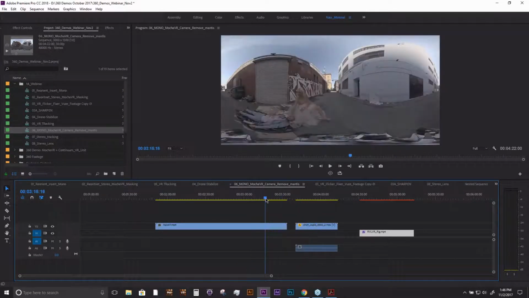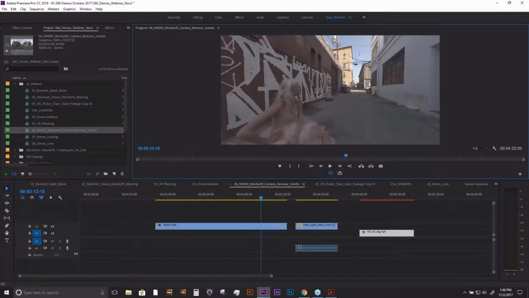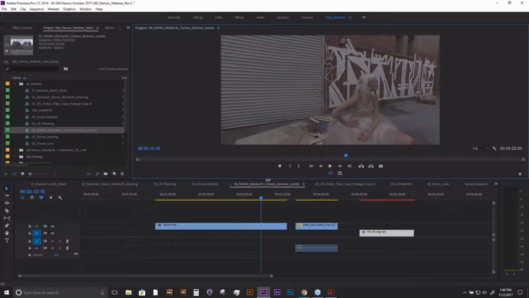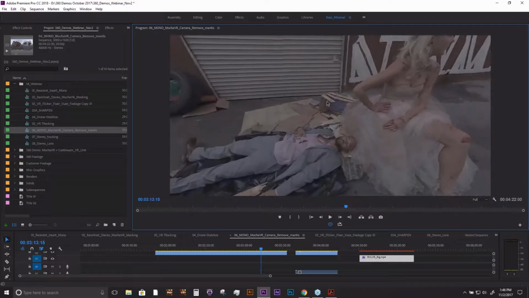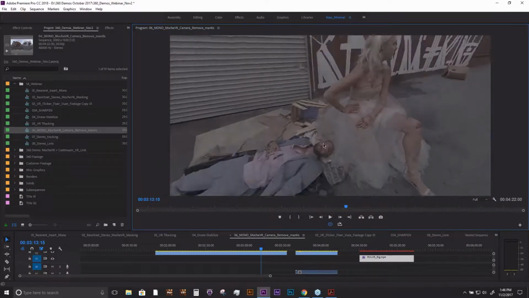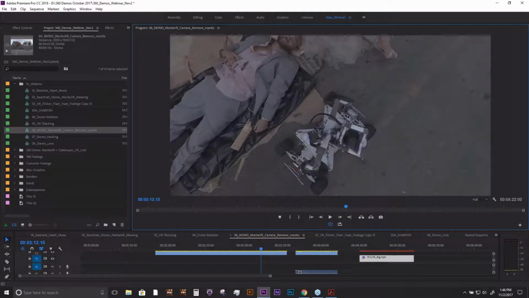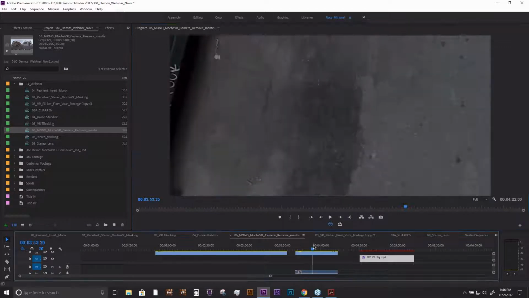So this is a shot that a company called Revolver Studios did. They did a really cool project called Cupid, which is a 360 narrative film. So they have actors, and it made a really beautiful production. Of course, they want to hide that camera, and so they used Mocha VR